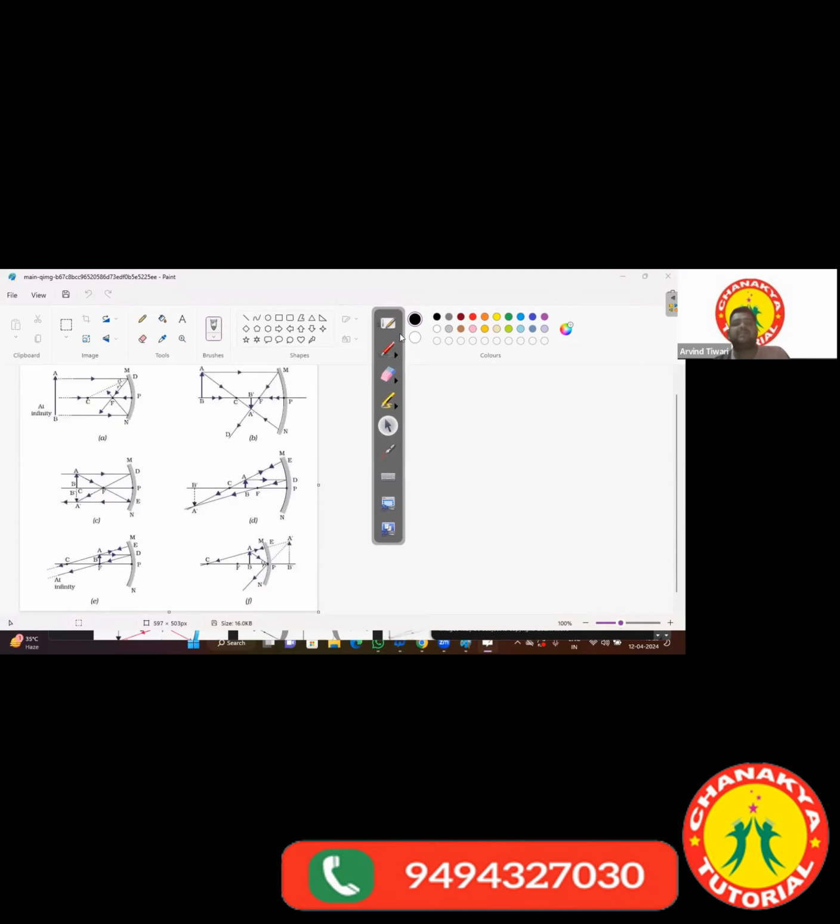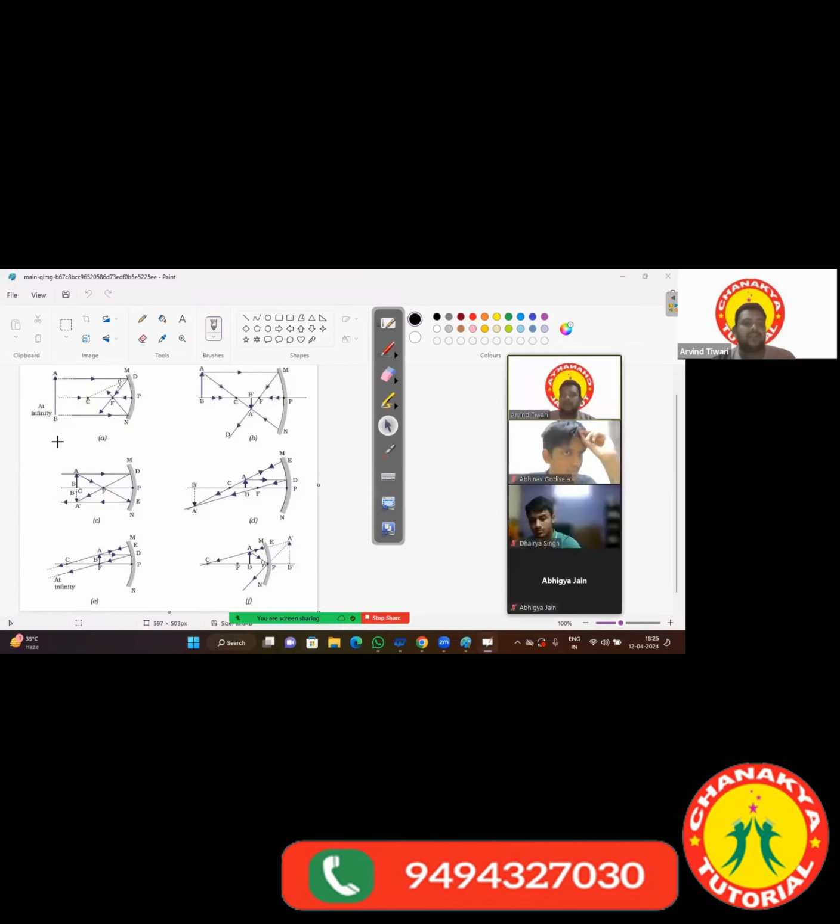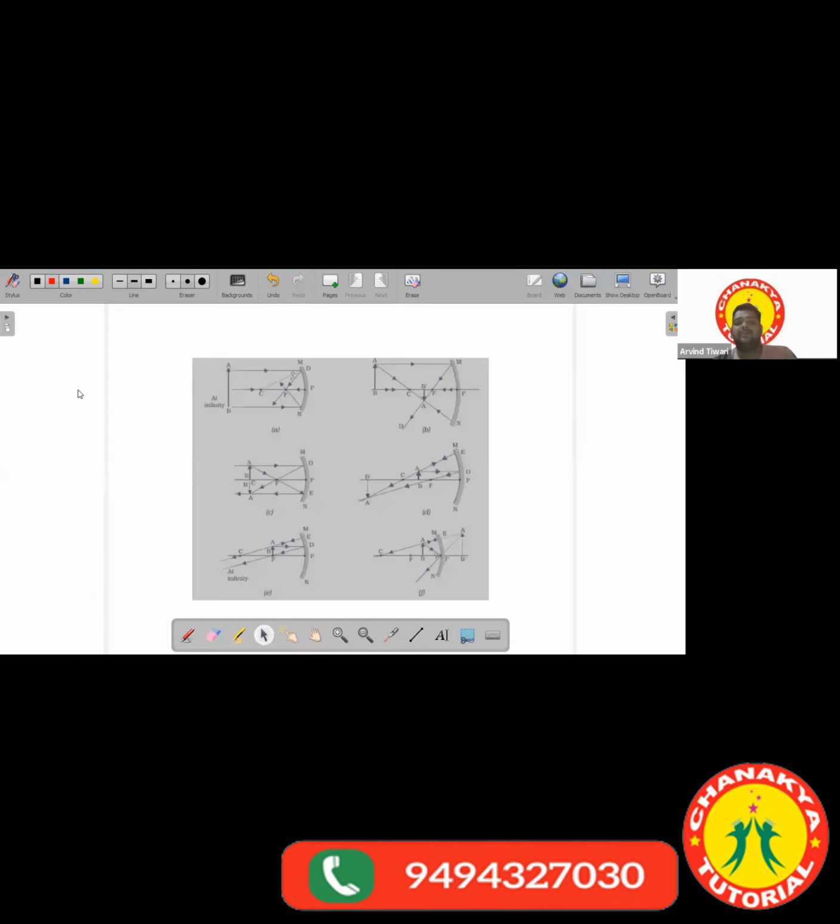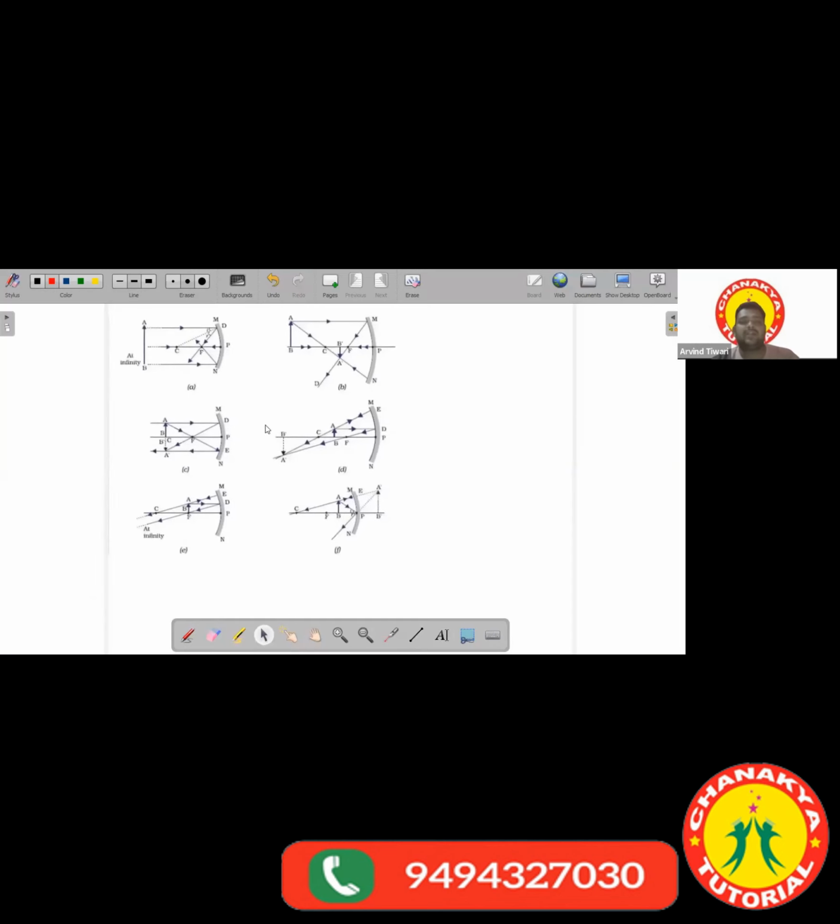In the first case, you observe when the object is located at infinity. If the object is located at infinity, the image is formed at focus in the first diagram. All the light rays which are coming from infinity are parallel. Hence, after reflection, all the light rays meet at focus. So here in the first one,